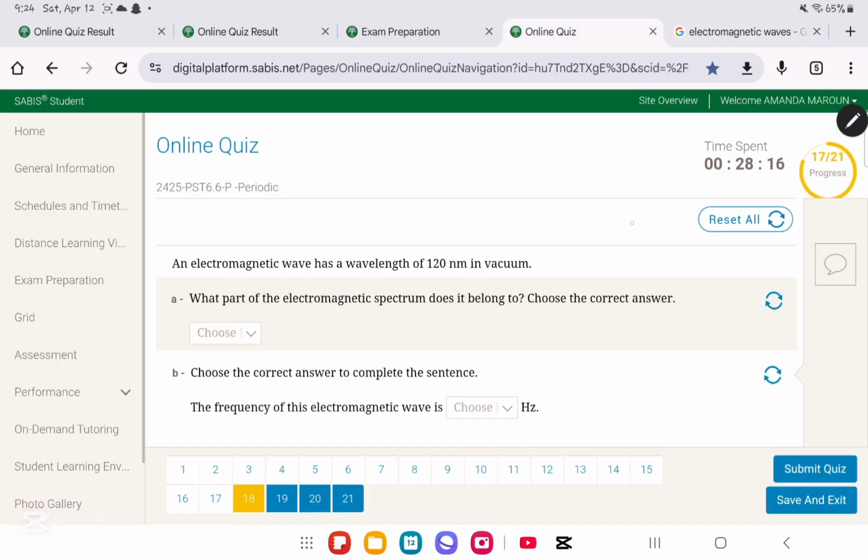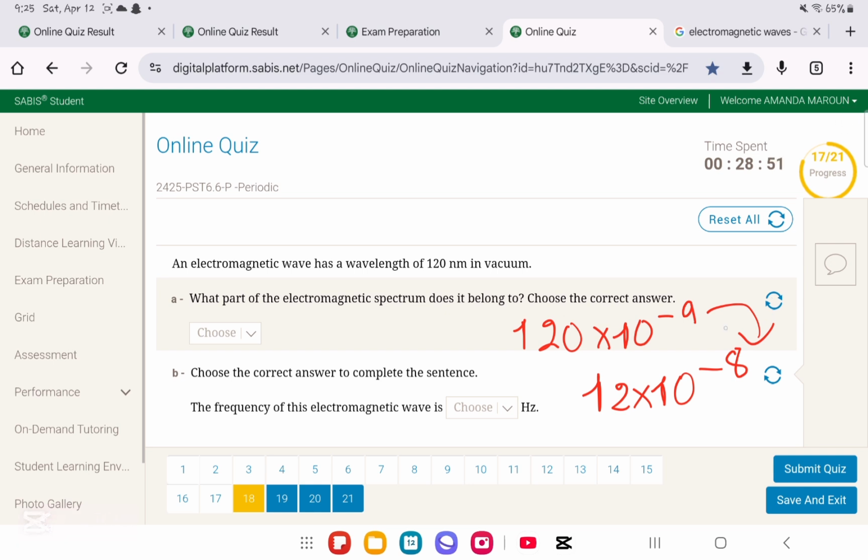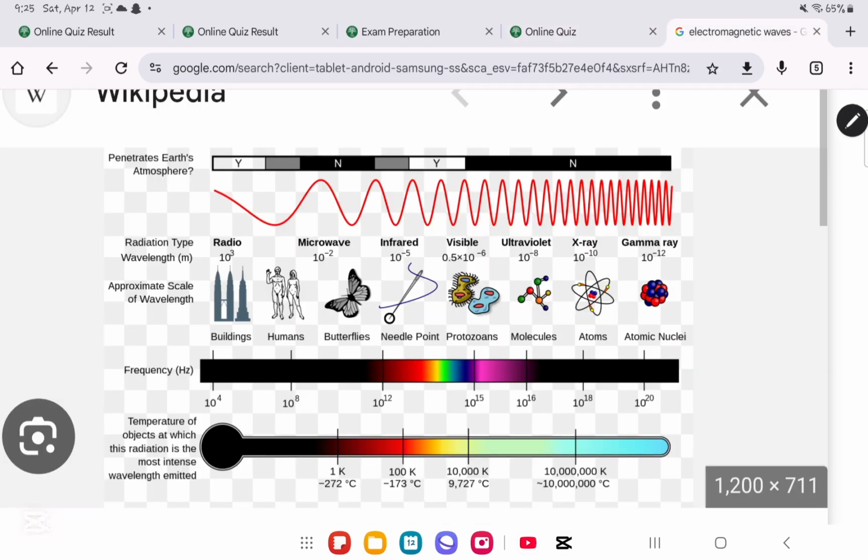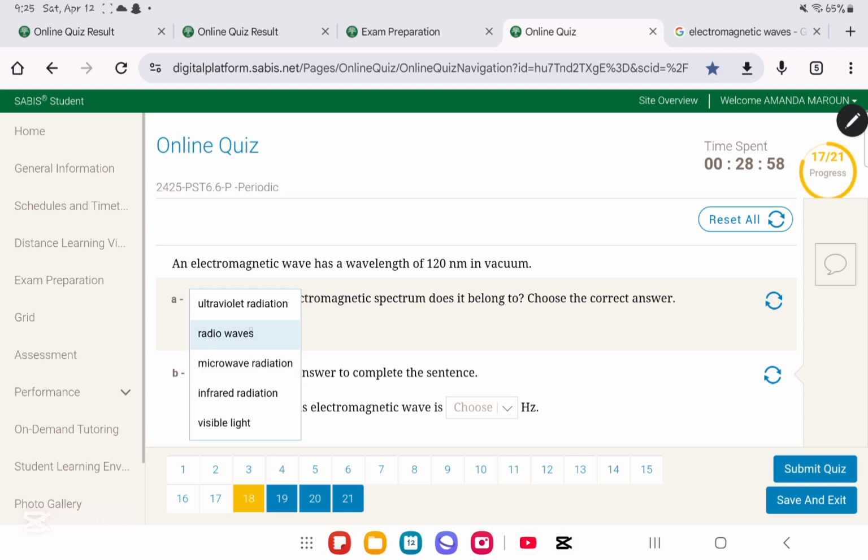Let us go back. We have 120 nanometers, which is 120 times 10 to the power of minus 9, which is, in another sense, 12 times 10 to the power of minus 10. Or no, it's not minus 10, my bad. It's 12 times 10 to the power of minus 8. I did a wrong miscalculation. So it goes from 120 times 10 to the power of minus 9, and you change it, it becomes 12 times 10 to the power of minus 8. As you can see, it is in the range of the electromagnetic spectrum of ultraviolet, so definitely it will belong